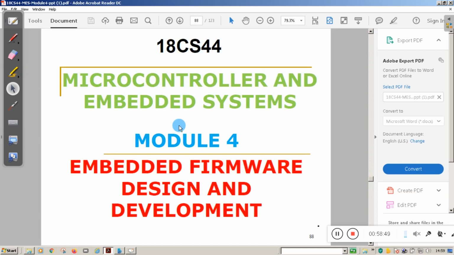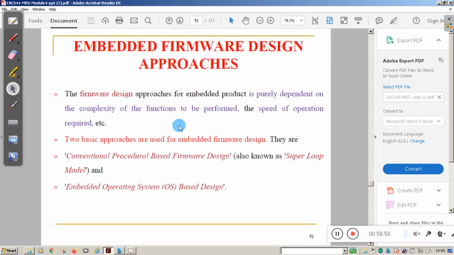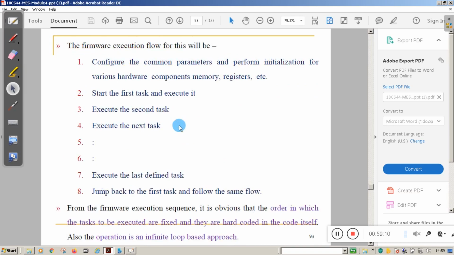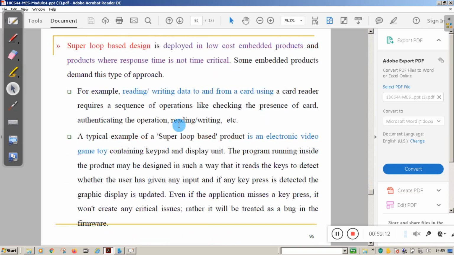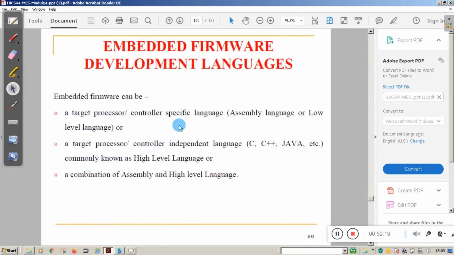After that we started with firmware design and development. What exactly is firmware? Then what are the different approaches, like conventional procedure based firmware design, the super loop model, and the embedded operating system OS based design. Other than that, we studied what an operating system is.